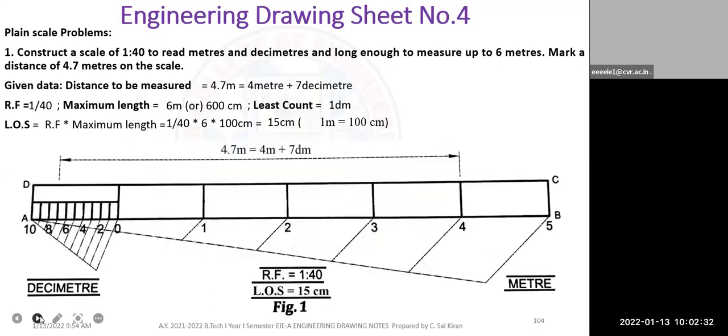Okay. So this is the same problem. First you have to divide into 5 equal parts. I have created 5 equal parts. Then I have made this into 10 equal parts. And from here I have to highlight the 4. You can write 0, 2, 4, 6, or if it is very small, you can write 0, 3, 6, and 9. Between 6 and 8, you'll find the 7th value. Highlight the 7th value. This is 7 dm, and this is my 4 meters. So 7 and 4 together become this.